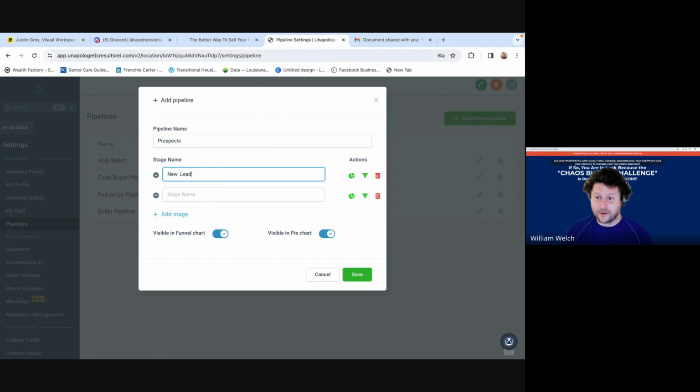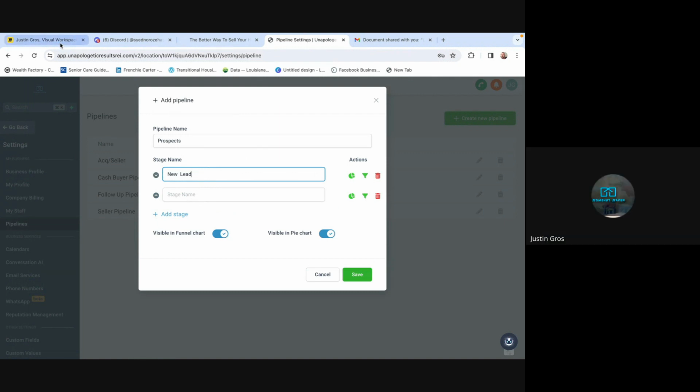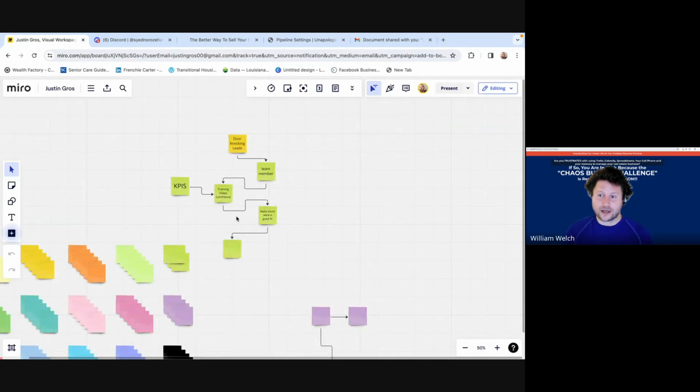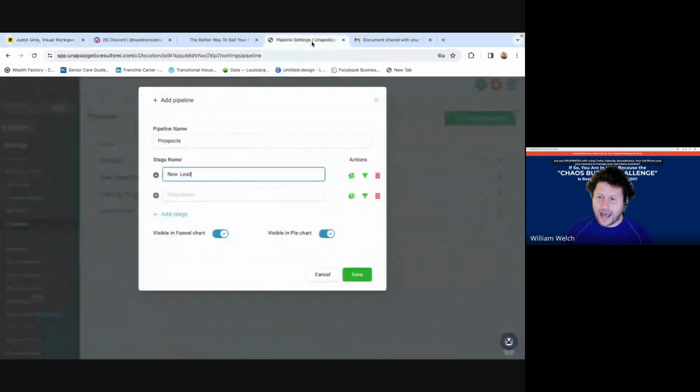So I would use Miro and really think about it, and arrange it in a way that makes sense for you so that you have all these different lists. You need to get these lists into the CRM so that when you're out in the field, you can just pull up the GHL, probably on your iPad. It'll probably pull up the web version, is my guess. There's an app, but the app doesn't do as many things.